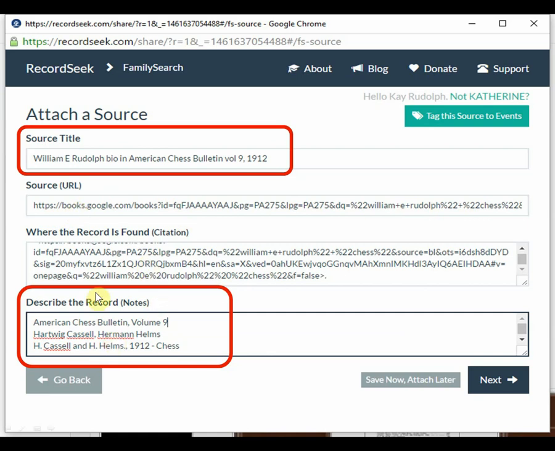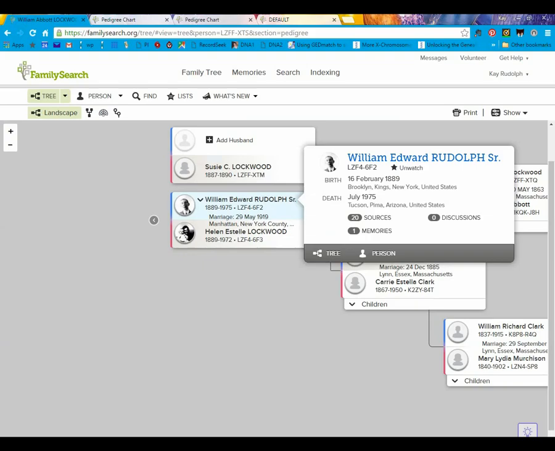Describe the record. You can edit the citation, or you can provide simpler citation information. I have to admit, I am not really good at writing citations. They stress me out. So I will describe that information here about what it is and who created it that is not really following the standard format using the correct phrasing and so forth, but it provides the information for future users. Click Next, enter the unique identification number on Family Search for my grandfather,